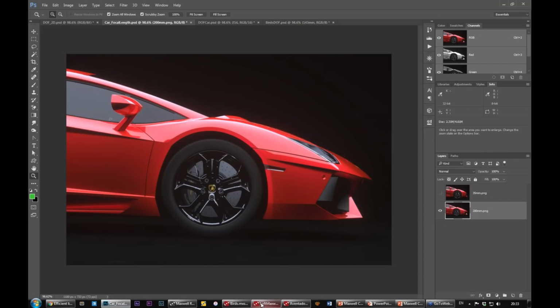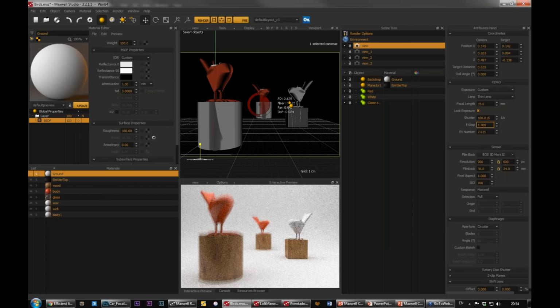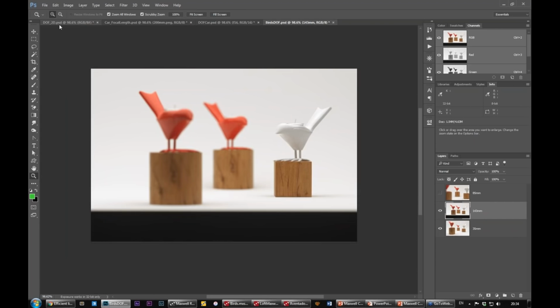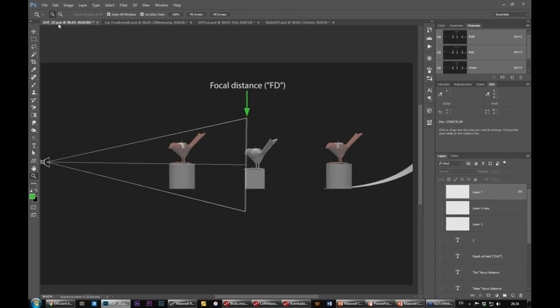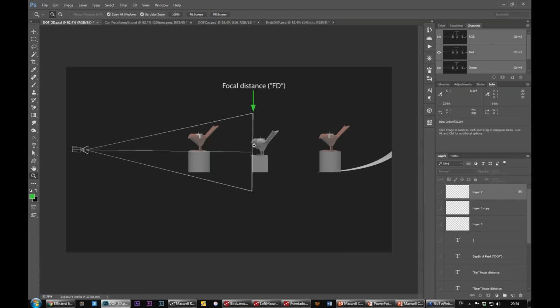And just to show you here, actually let's go back to the camera, switch this to 2, and so you can see this info here a little bit better. So what do these numbers mean here? FD, near, far, DOF. What do these mean? Let me try to explain that to you quickly, because there's always not enough time. So here's that scene with the camera that's pointing at this bird here. The FD stands for focal distance,